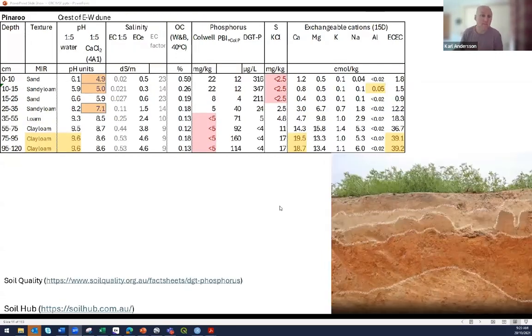The next one from Pinaroo on a dune system, and they highlighted the different layers in the soil here. You can see the darker, the paler, and then we're moving into subsoil with a few different layers of material there. And as the colour is changing, as I referred to earlier, we've got different conditions, and we're getting into strong carbonate layers down the bottom here with this pale stuff. A couple of things in here to highlight: at the surface, we've got really low sulfur. We've got more distinct acidification happening. P low at depth again. I highlighted this probable artifact with the cations.